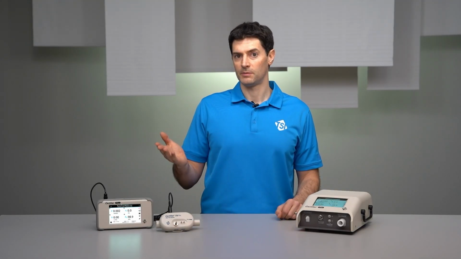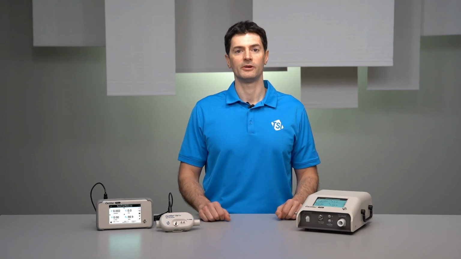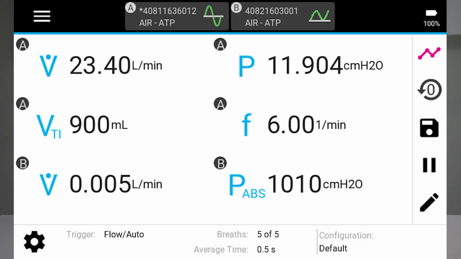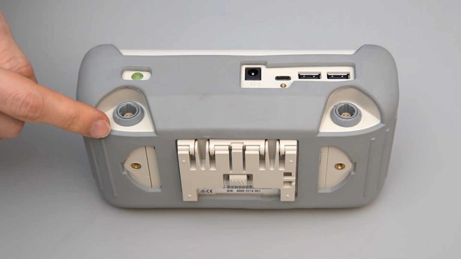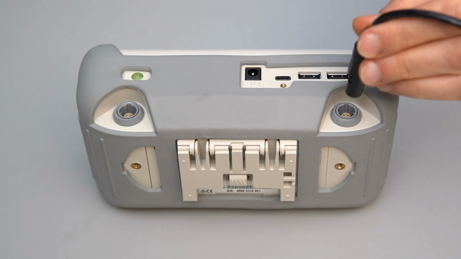The Certifier Plus generates a tab for each flow module connected to the interface and displays the serial number of the connected module. The letters A and B shown in the tabs correspond to the ports on the Certifier Plus interface and indicate which flow module the selected measurements are coming from.